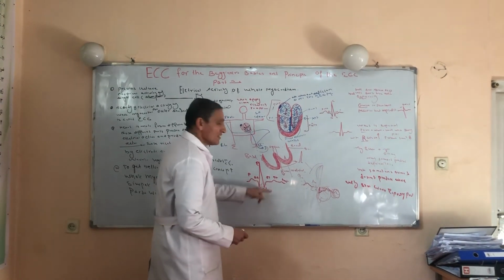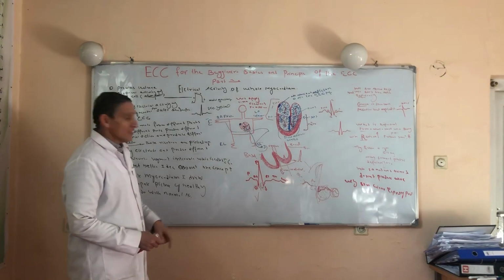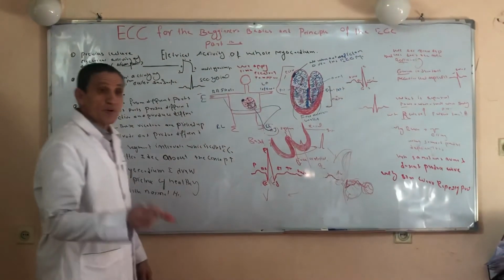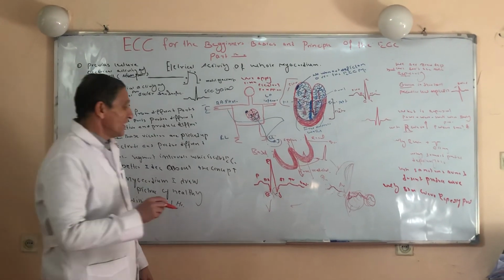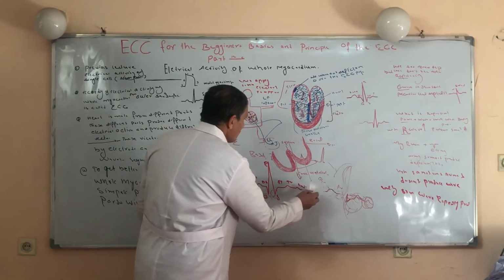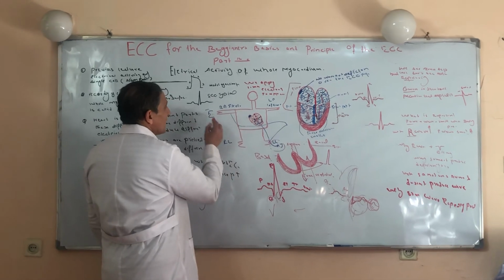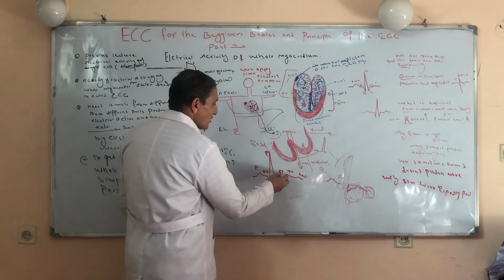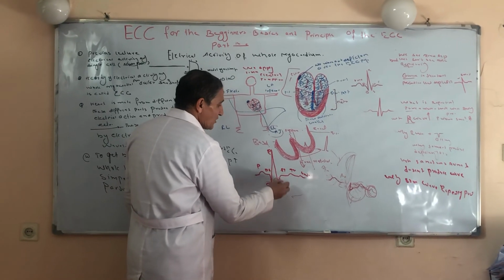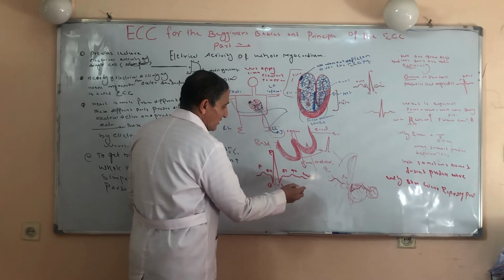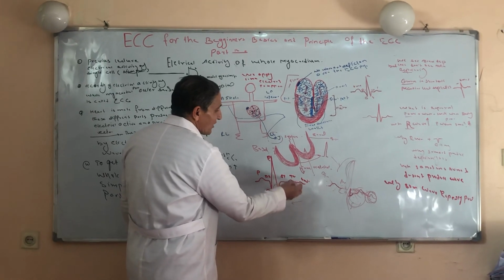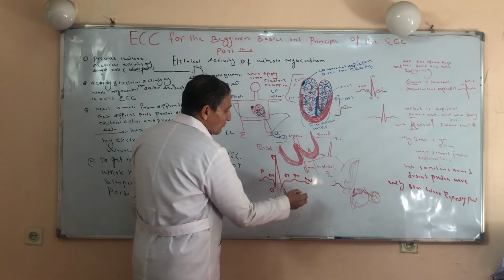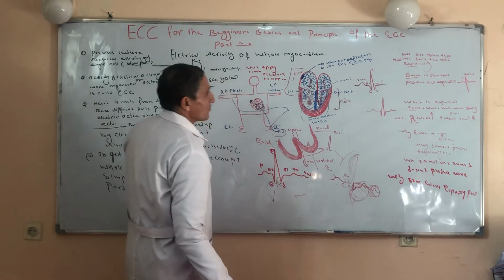repolarization. The vector which is produced by the T wave is a negative vector. Why a negative vector? Because repolarization is a negative movement. This negative vector moves toward the negative electrode, so the deflection in the needle would be positive. But this T wave is a small, slow wave which comes after the ST segment. And after that we see the U wave. The source of the U wave is uncertain. Some believe it represents repolarization of the Purkinje cells or of the septum.